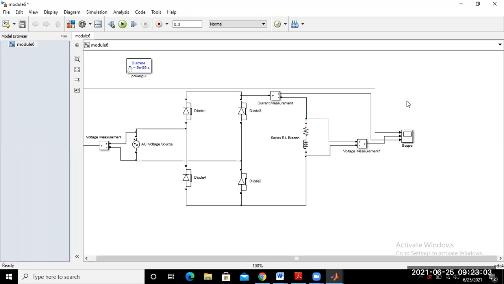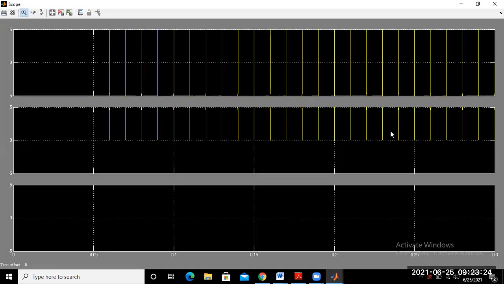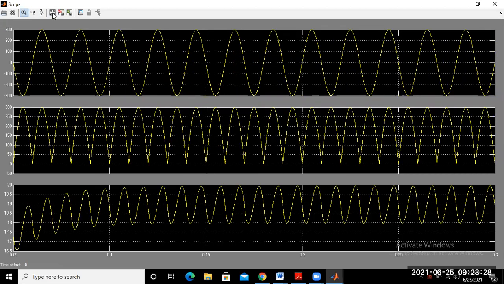Run the program model, double click on the scope, and go to autoscale. So this is the variation of the output current.